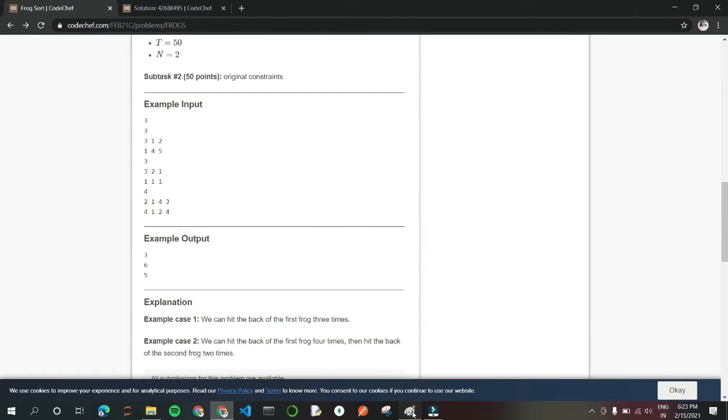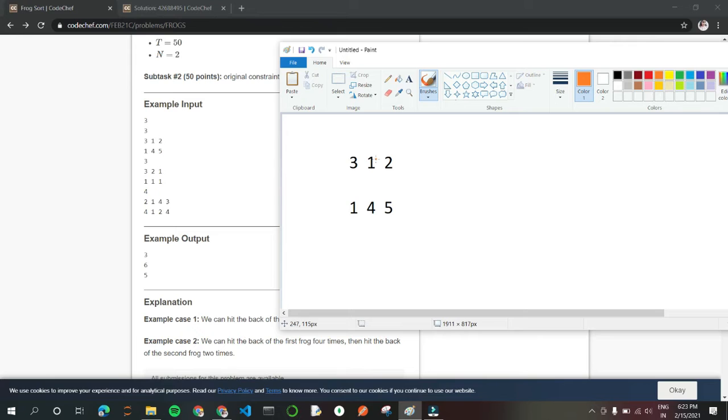The weights are arranged as 3, 1, and then 2. For the number of steps to be minimum, we have to sort it to make it 1, 2 and 3. Please ignore my bad handwriting.